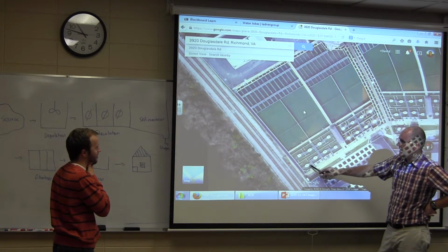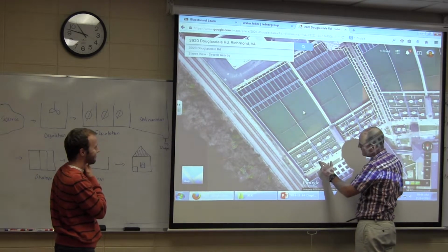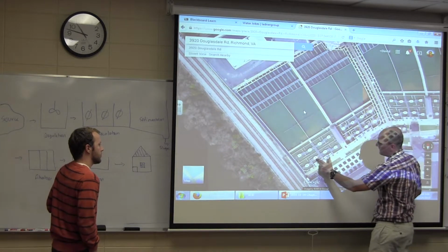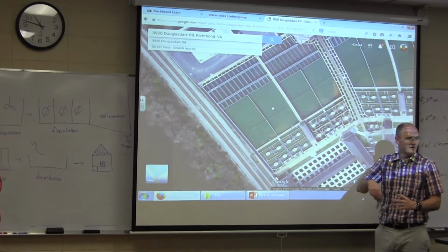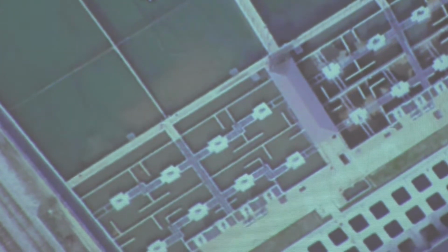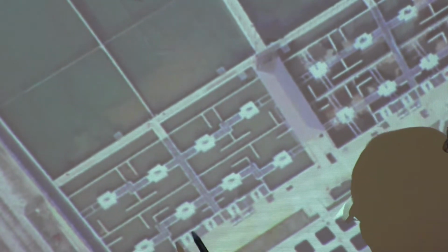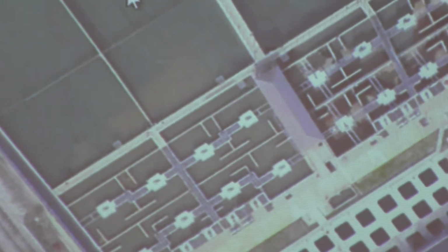flocculation chambers. Usually we would have these walls to increase the turbulence or to tailor our G value. But these look like pumps, and you can actually have vertical flocculation chambers or flocculation paddles too. We talked about the horizontal ones, and that's what we saw in our plans. But you can have vertical flocculation paddles, and that's what I would guess this is. So it's really weird because